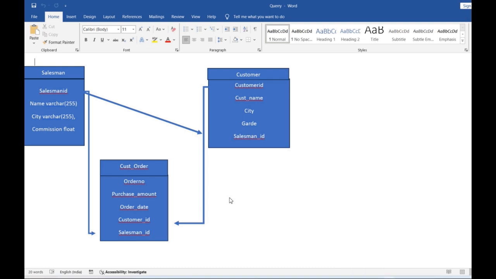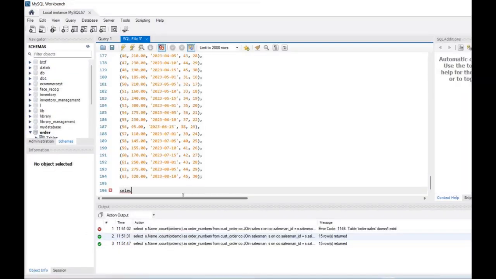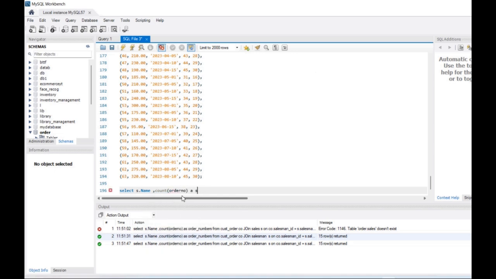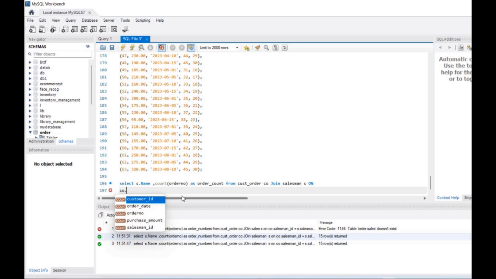For the query, we go to SQL and write select s.name, comma, count of order number as order count from customer_order co join salesman s on co.salesman_id equal to s.salesman_id.